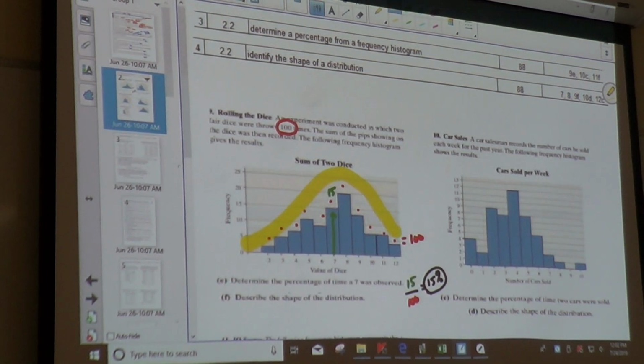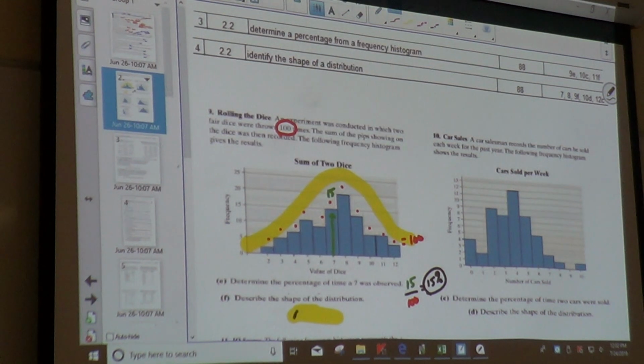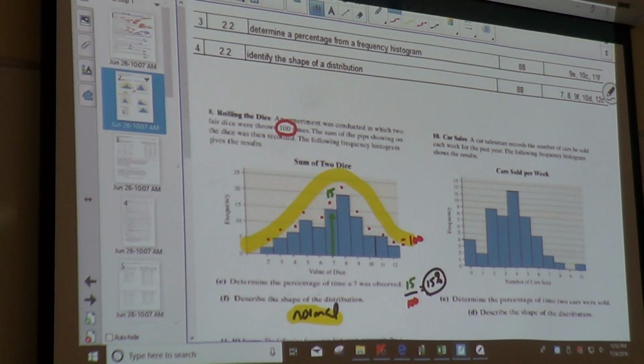If I look at that, what kind of shape is that? I would say normal, or bell-shaped, however they want to word it, symmetric. All right, for the next one, determine the percentage of